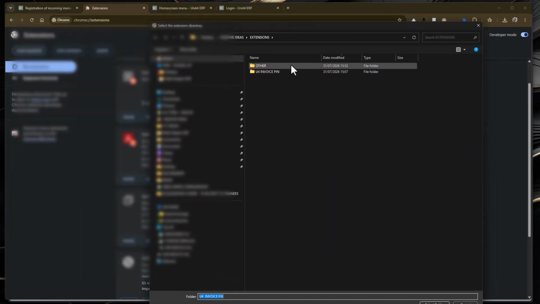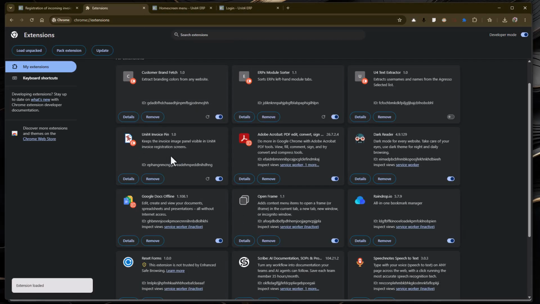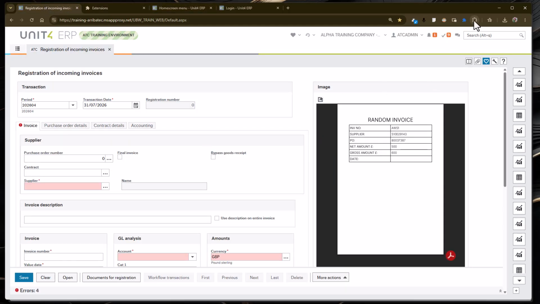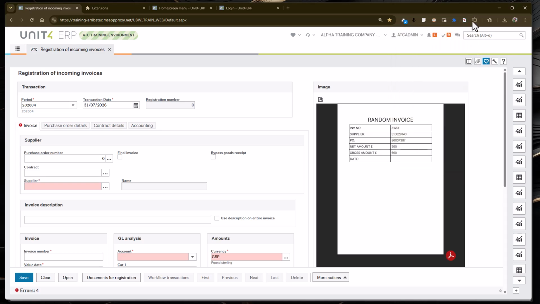If I then go, there we go, I'm already there, to my extensions, Unit 4 invoice pin, so this is the folder that contains those files. Click on select folder. That is now there. If I go back to my registration of incoming invoices screen, I'll just pin that to the top. There it is, so that I can see it in my view. And now if I select that and enable it,